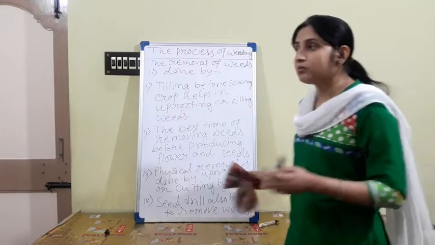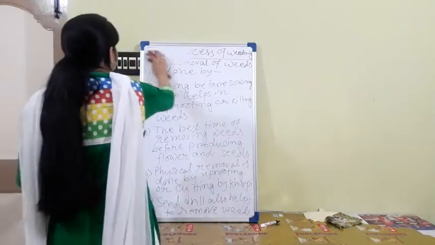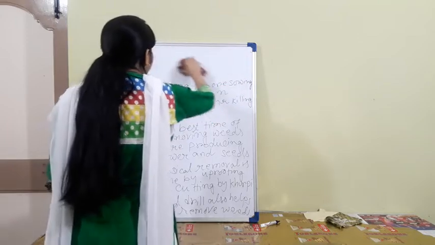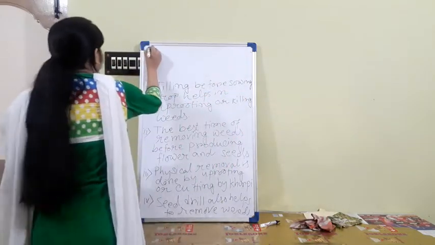And next, another one, the last one, chemical treatment. Some chemicals are also used to remove weed, that is called weedicide. What are weedicides? Number 5,